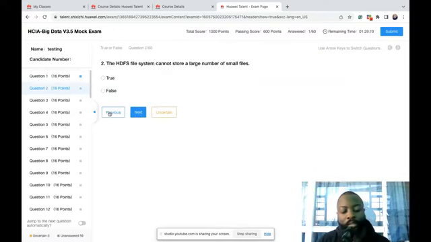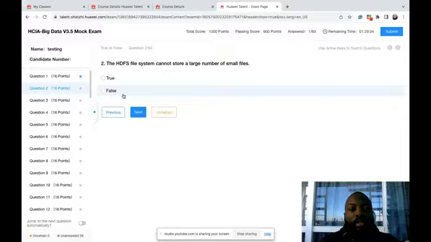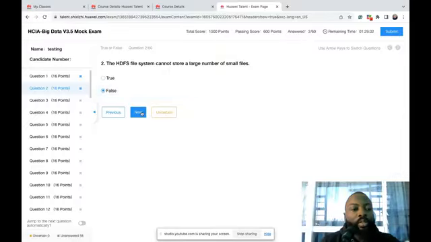Okay, let's see next. The HDFS file system cannot store a large number of small files. And then next we have